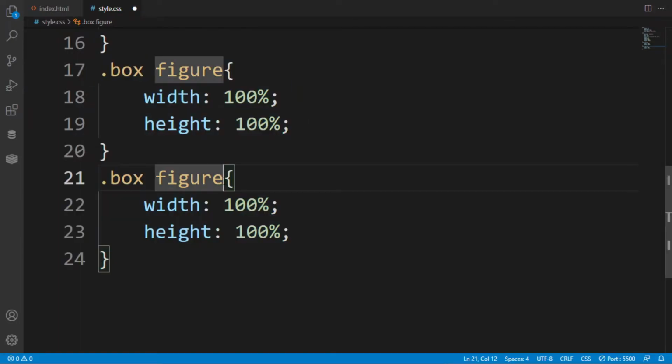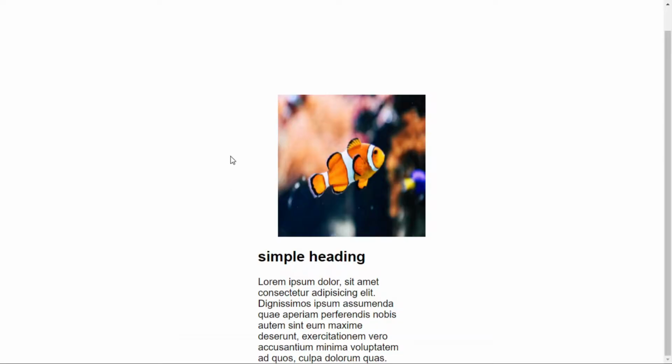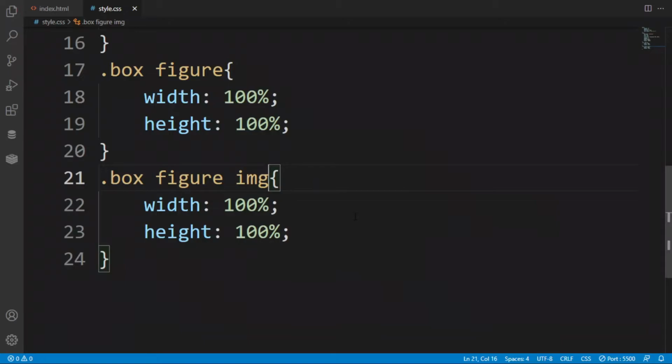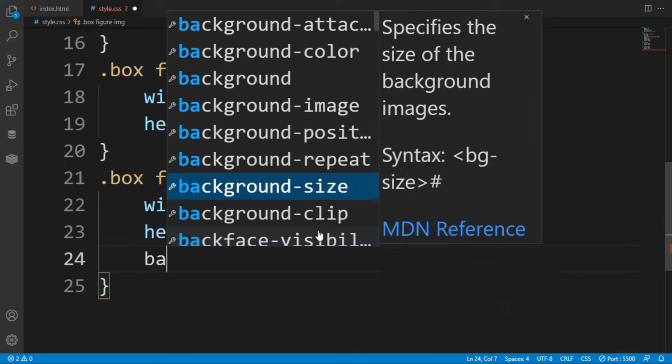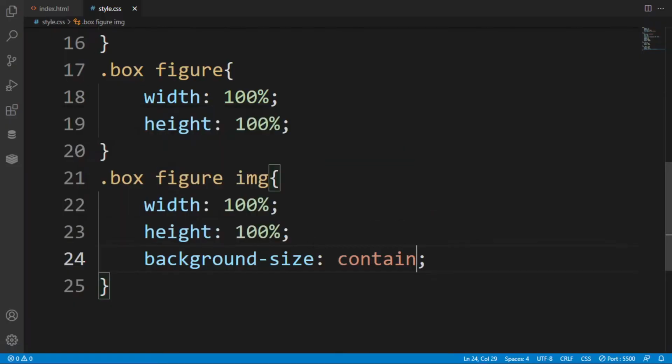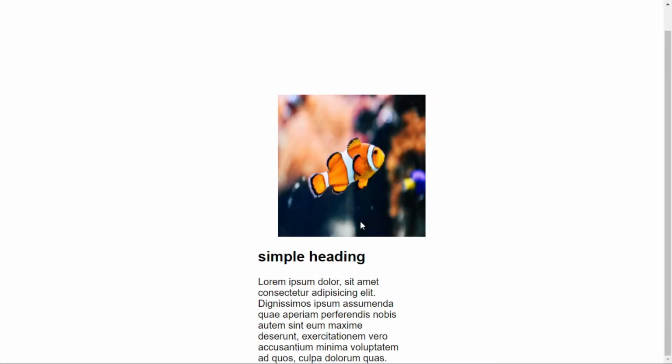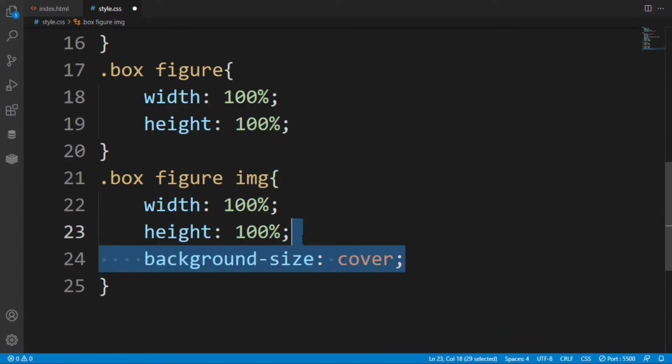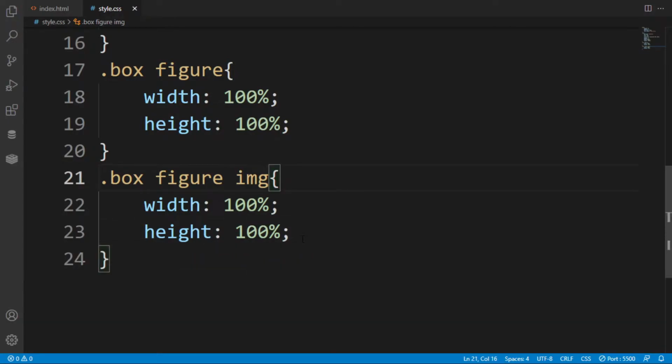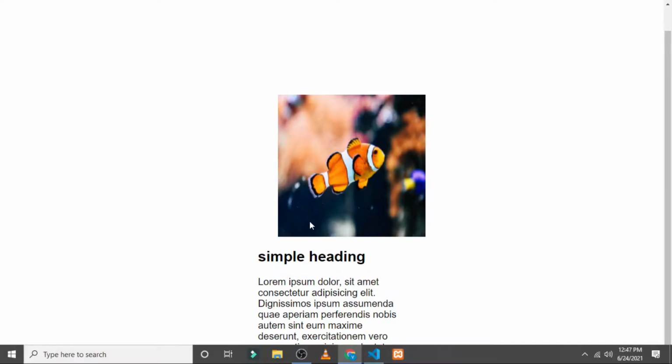Copy it down, same for the image, so that our image will shrink. Then I tried the background size, but it did not work. I tried cover, it also did not work, so remove it. After removing, as you can see, this was our desired output, and here there is some padding around the text area.